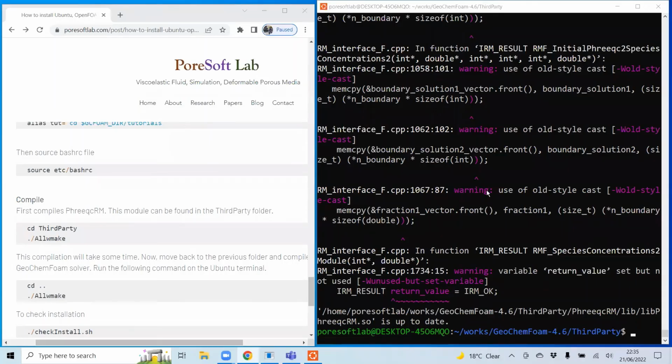So now we have compiled the PhreeqC RM package, and now we need to compile the GeoChemFoam solver of OpenFOAM.